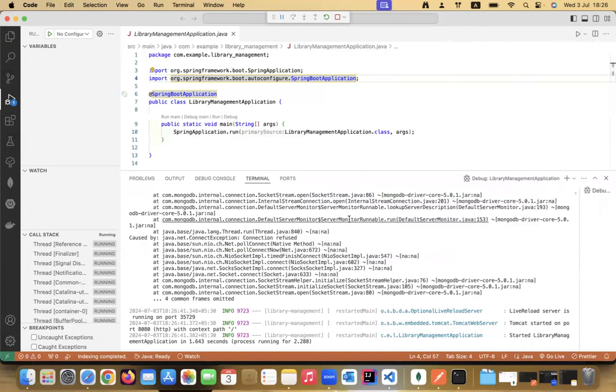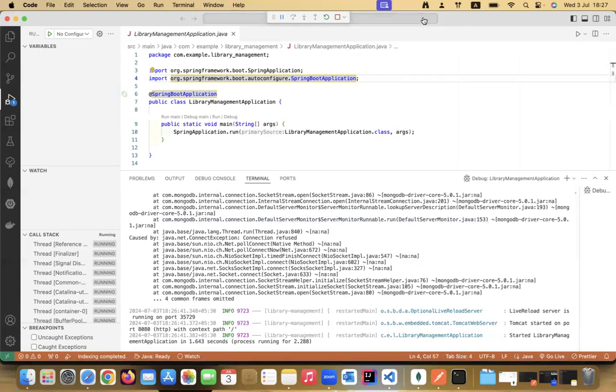Okay, so when we are running this one in the very beginning, we will get some errors. One will be the port in use one. In my case, I'm not getting that kind of error, but maybe you will get that. If you are getting that port in use error, what you need to do is,